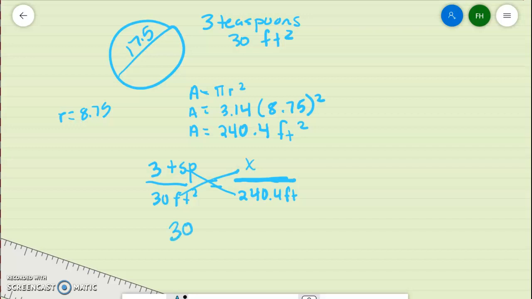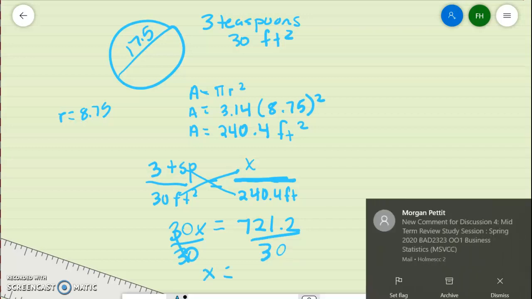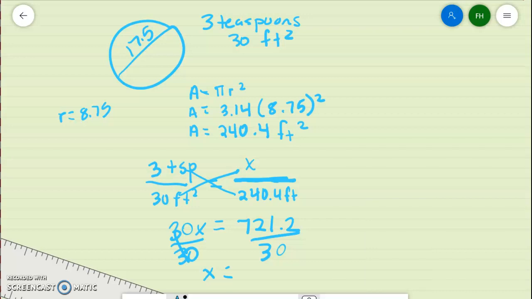So 30x equals, I think that is 721.2. 721.2. Now solve it. And this is going to tell me how many teaspoons I'm going to need. So 721.2 divided by 30 is 24.04